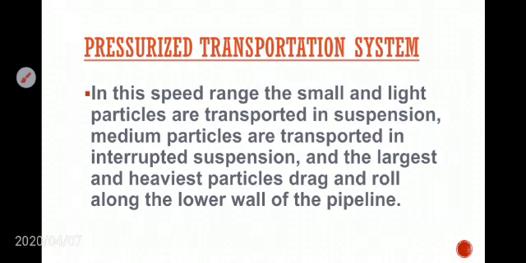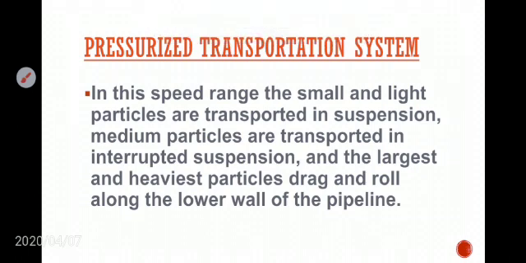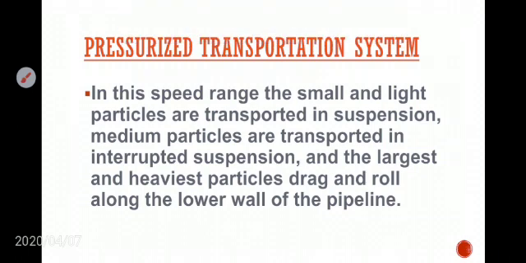Coal is of very low density, so we can assume that it is a light particle. These kind of light particles can be transported through pipelines, and these particles will be suspending on the water inside the pipeline. Suspending on the water, what does it mean? Suspending means these coal particles will be floating on the water on their way during transportation inside